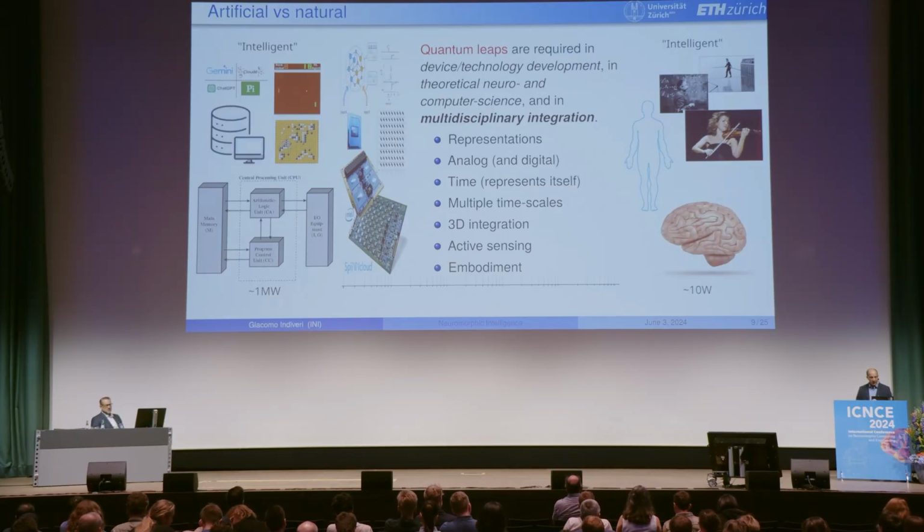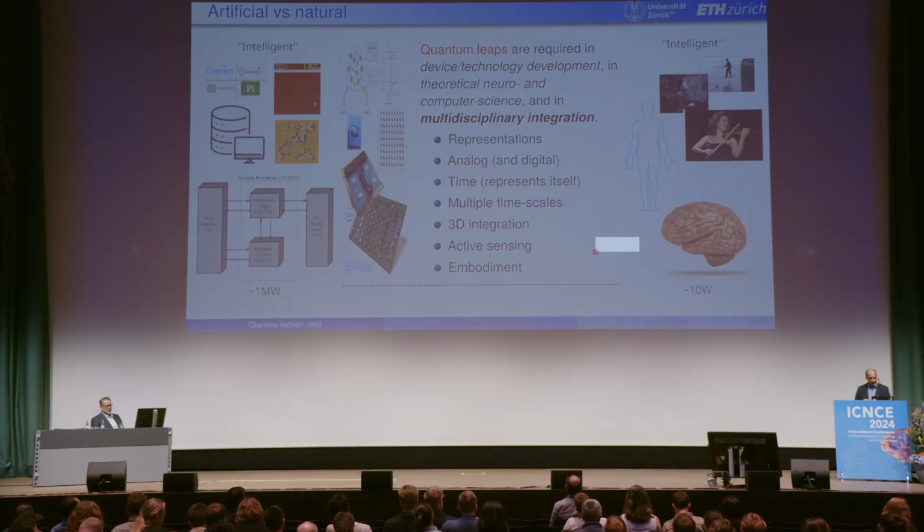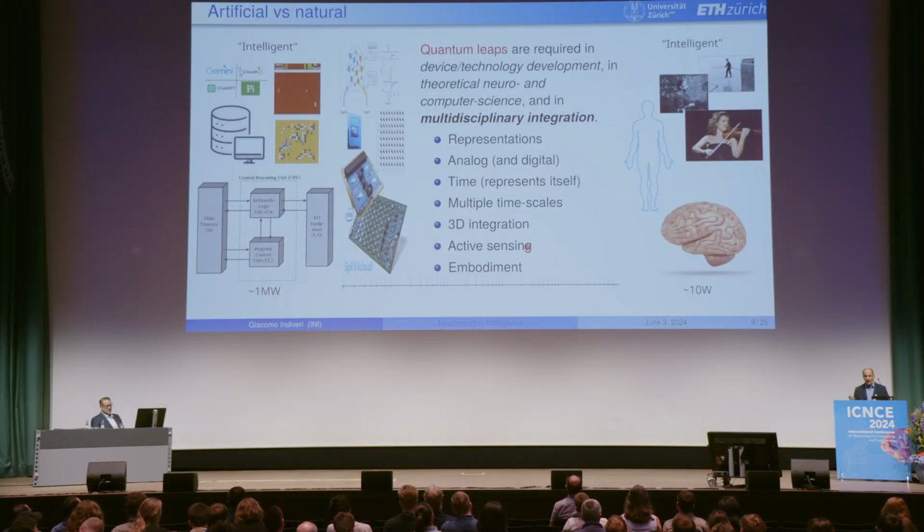And another important aspect is active sensing and embodiment. Natural brains don't just get static pictures or buffers of data and then process those without taking any action. We continuously change the input of our data in order to do better inference. So we do active sensing continuously. And this is also an important step, especially, as you will see, to take into account the fact that our underlying computational substrate is noisy and imprecise. So if we want to overcome this imprecision, we need to change the input until we converge to a solution that is satisfactory.